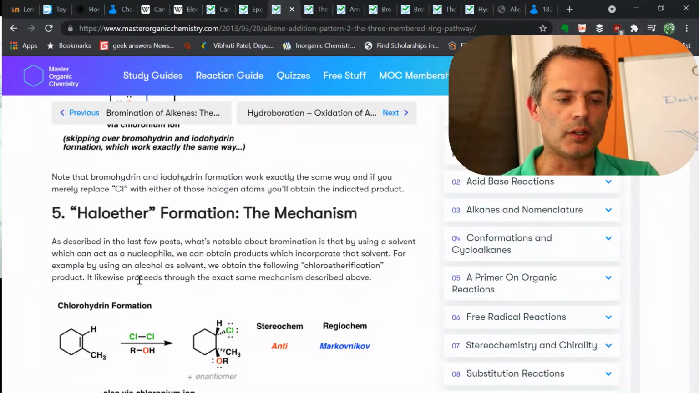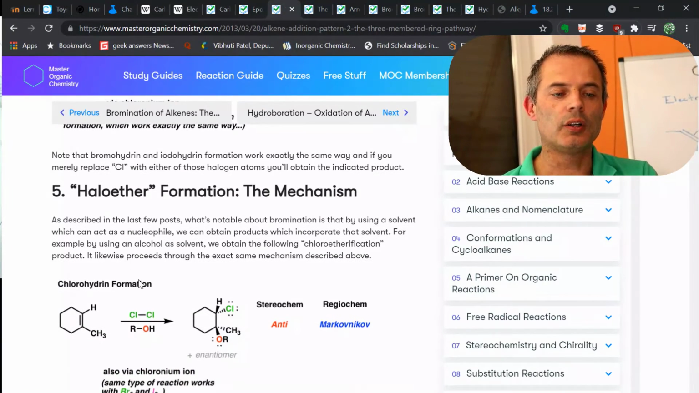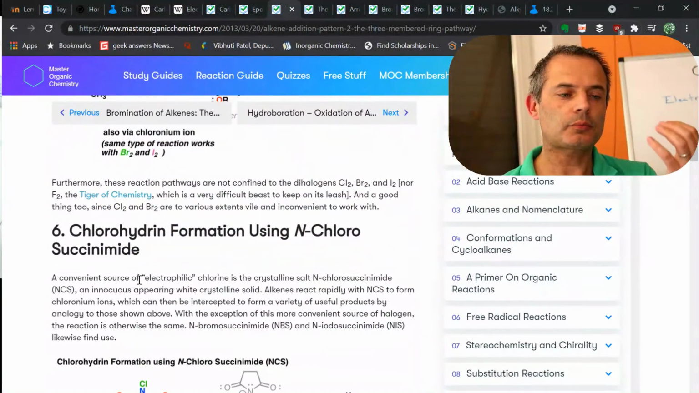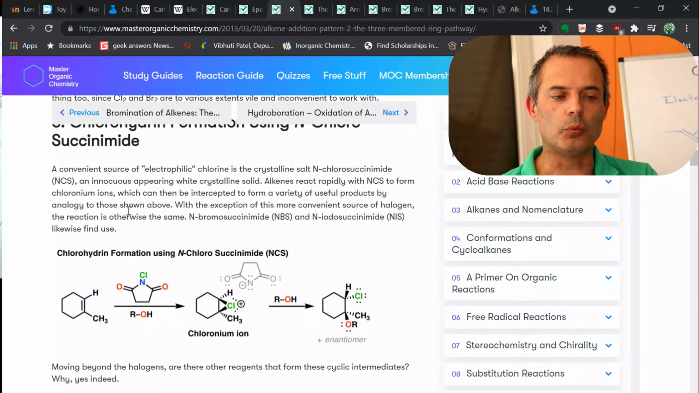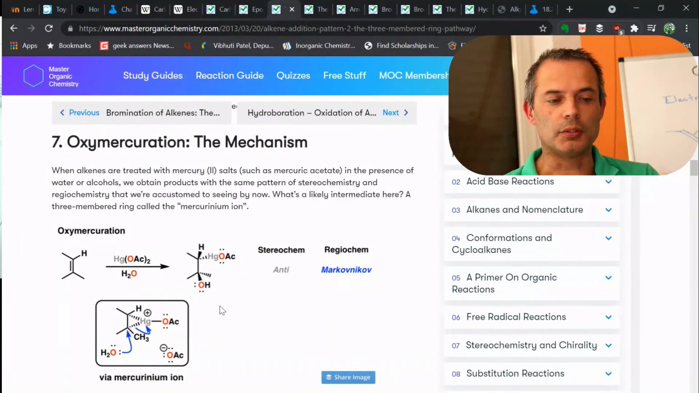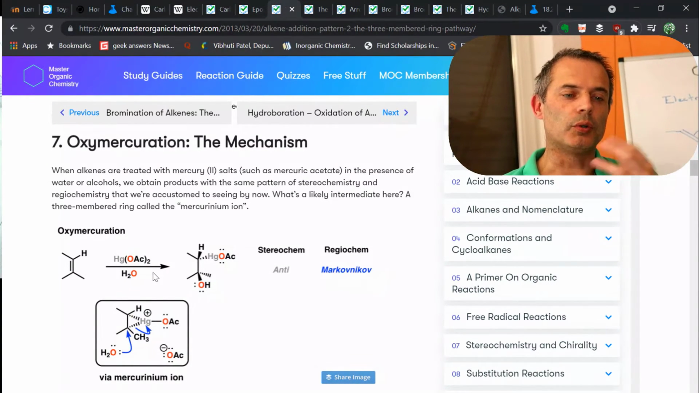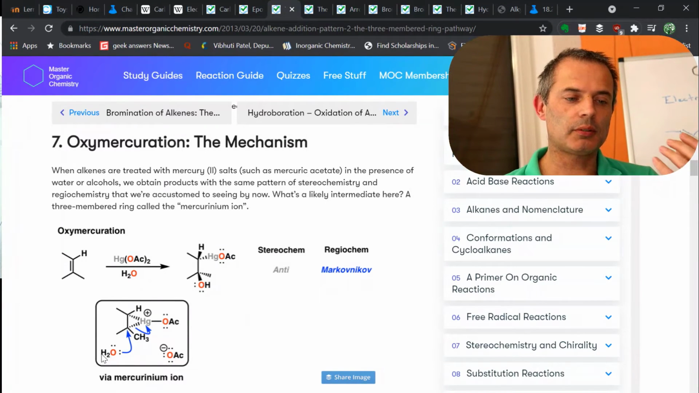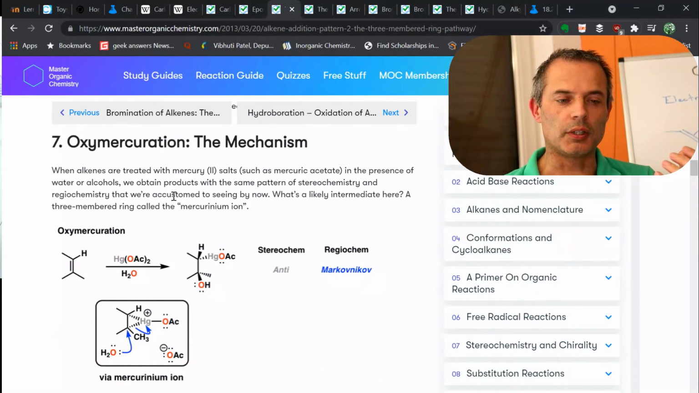We can do that with the equivalent with an alcohol and form an ether instead. And we can also do it with the help of a different chemical, this N-bromosuccinimide, which does exactly the same thing. It forms this triangular ion. If we want to do it with mercury, we also get a triangular ion, and we get exactly the same thing happen. So we form first of all the mercury triangular ion,